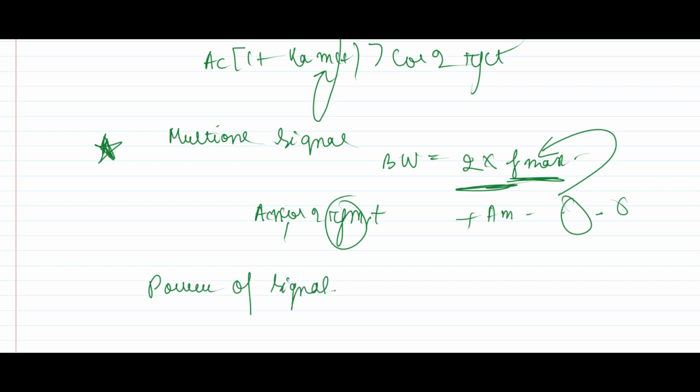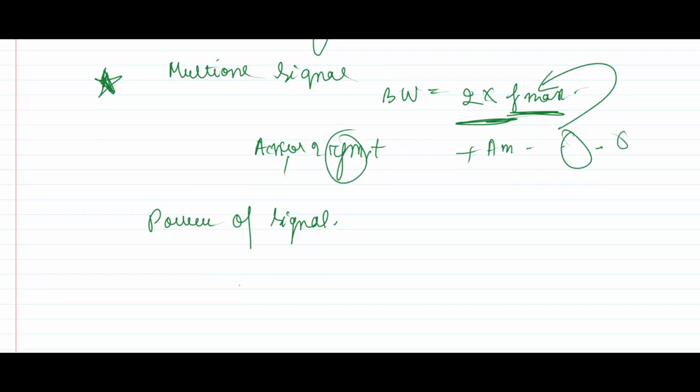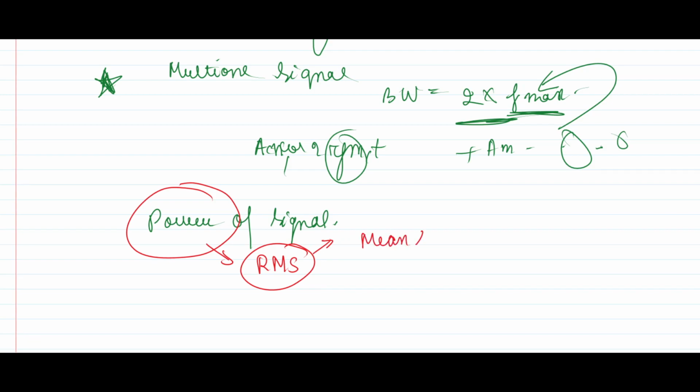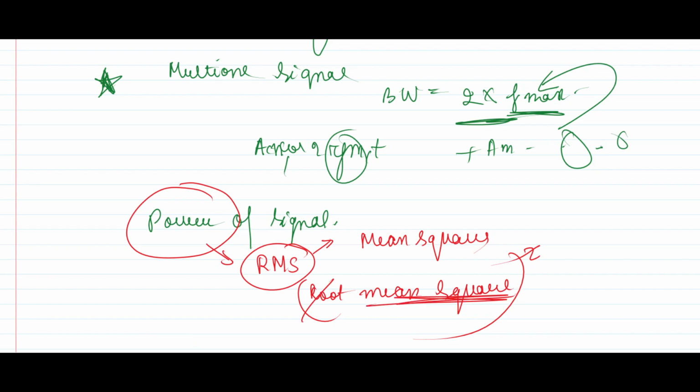So all of us have been doing this, but none of us actually know the concept behind it. We must know that power is always calculated for an RMS value. So the square of RMS, which is mean square. RMS is root mean square value, so if you square the signal, root and square will get cancelled and you will get a mean square value.